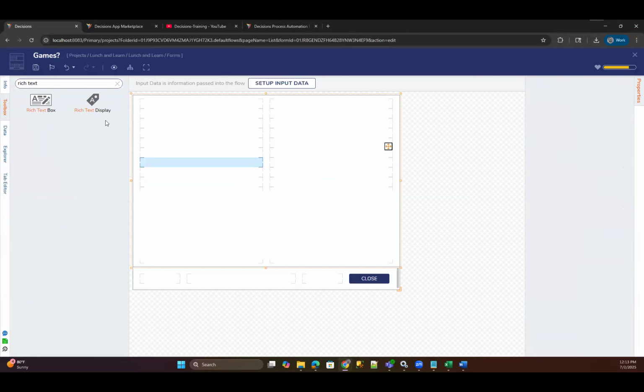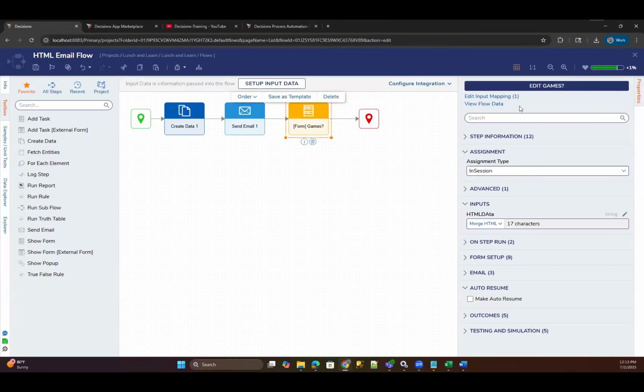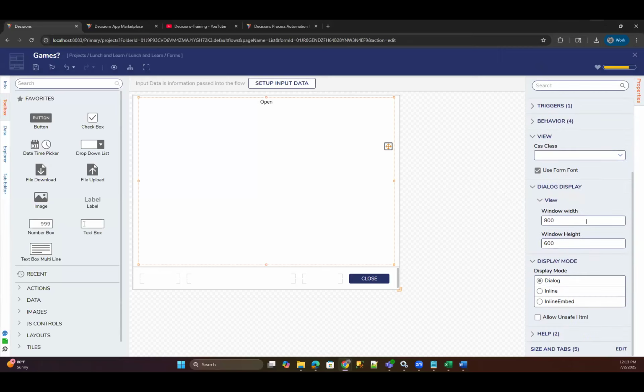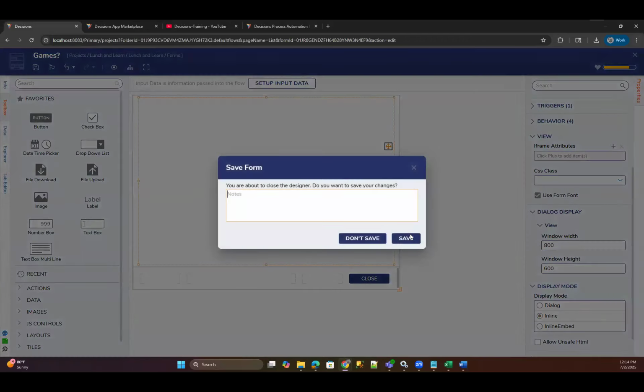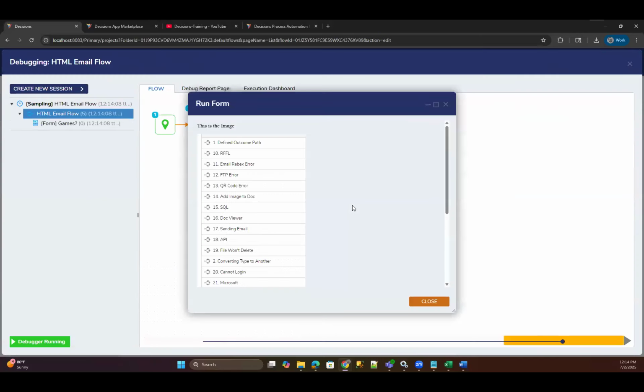I think if you go to the display mode and click inline instead of dialogue, you can get rid of that open box too, and it should just put it there, because I often use these without the open. Is it in behavior, or which settings? Down where you can, yeah, right there, display mode. I see. Yeah, see, that should just display what's over there immediately instead of using a link. Yeah, I mean, it pulls the image.